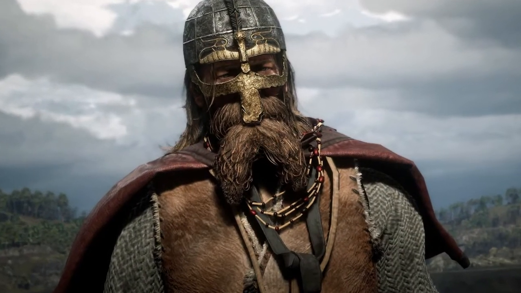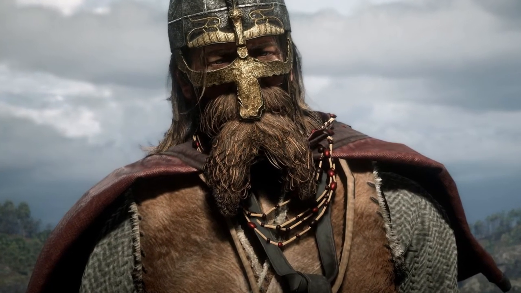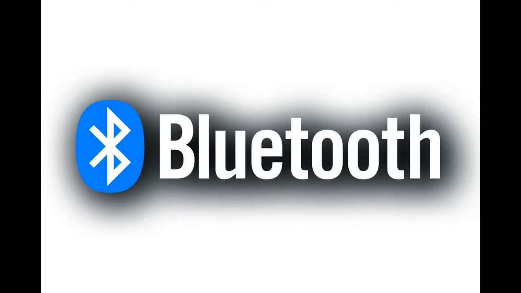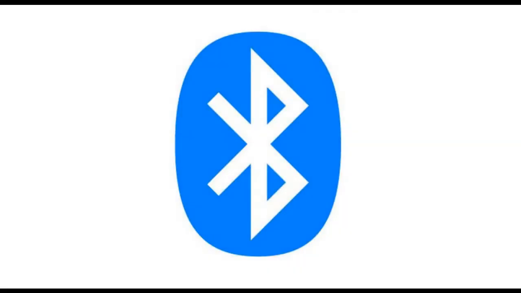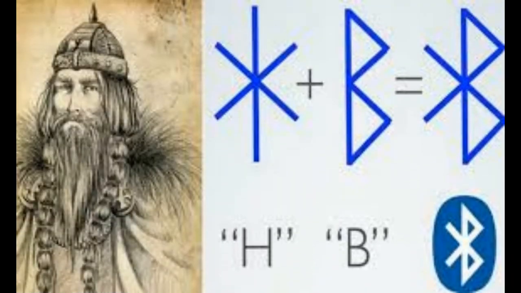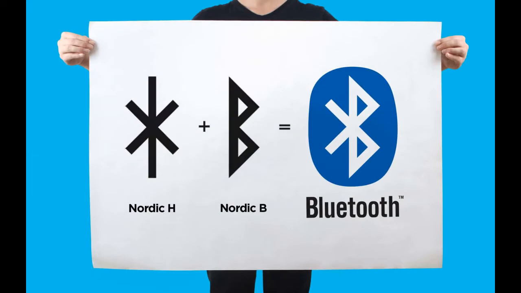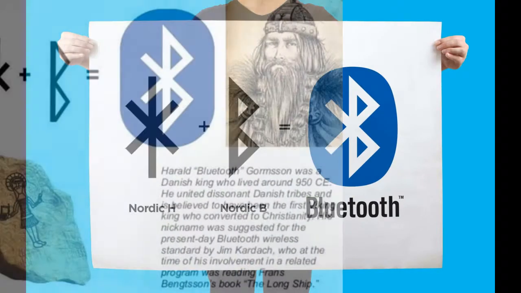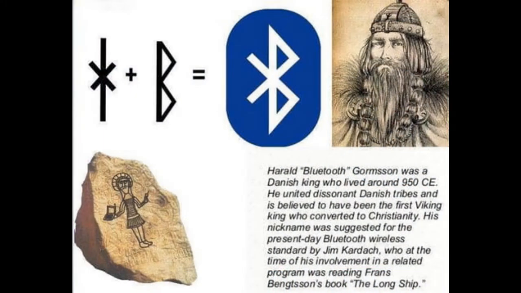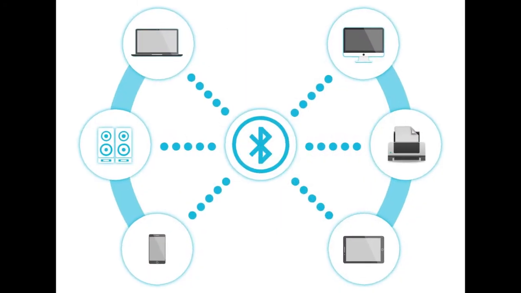And today we're speaking about something a little bit more modern and techy, and that is the Bluetooth logo. So this technology logo is named after the Viking king Harald Bluetooth, and the name is his initials written in runes, like you can see here. And the story goes that Harald Bluetooth was the first king to unify the tribes of Scandinavia. Bluetooth inventor Jim Kardach wanted to name this new technology after King Bluetooth because they both accomplish the same things,